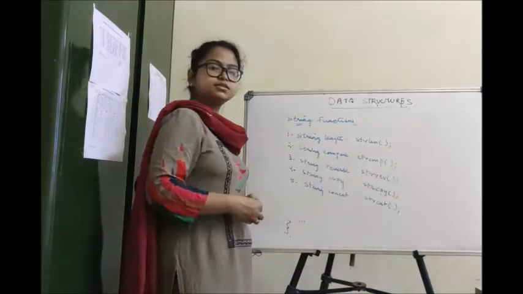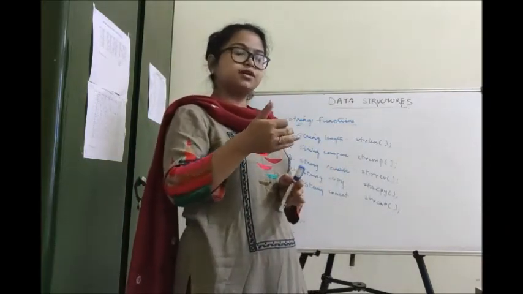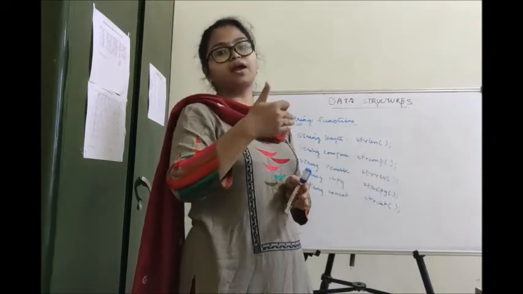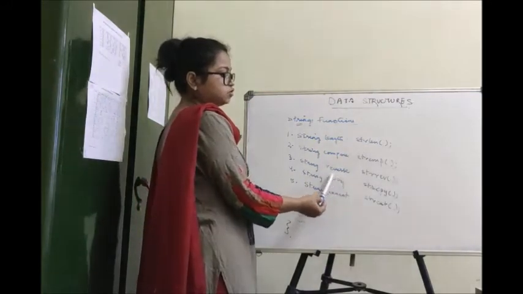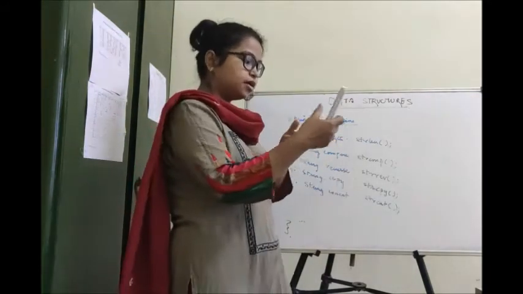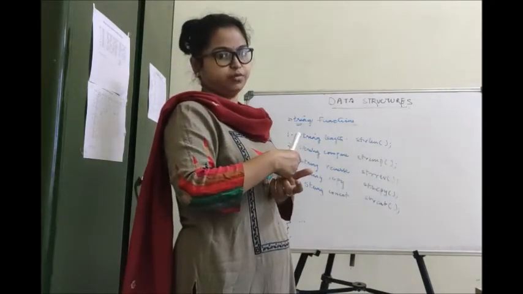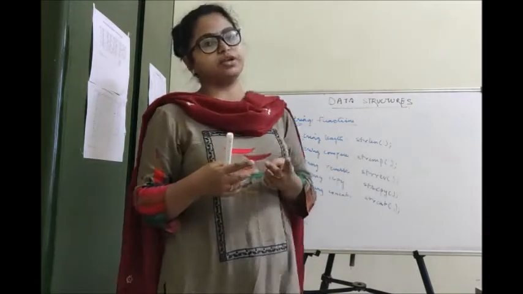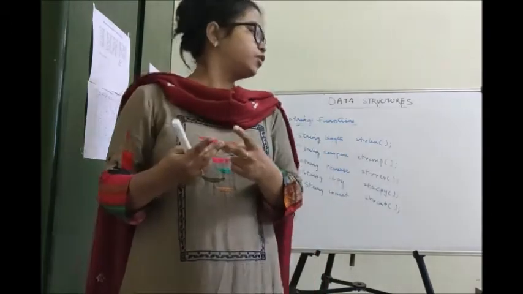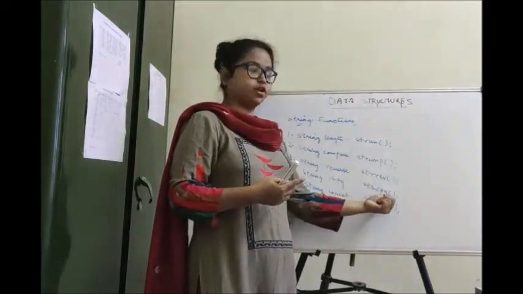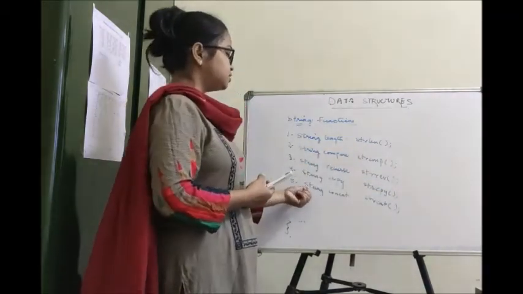What does string reverse do? String reverse outputs the reverse of a string. Suppose you have given the string as Ram, it will output as maR. Okay. Then we have string copy. String copy copies the exact string to another string variable. Suppose we have taken two strings str1, str2, and you want str2 to be in str1. Then we can use the string copy function so that the source will come into destination. Okay. Next is string concat.